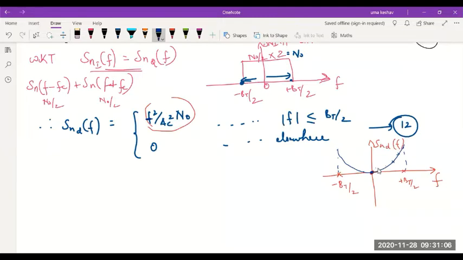What is the physical meaning of this type of curve? What are we trying to measure here? The power spectral density of noise. And what is happening here? The power spectral density is increasing exponentially as frequency increases, which means at zero frequency, the noise power is less. As frequency increases, the noise power is also increasing exponentially.